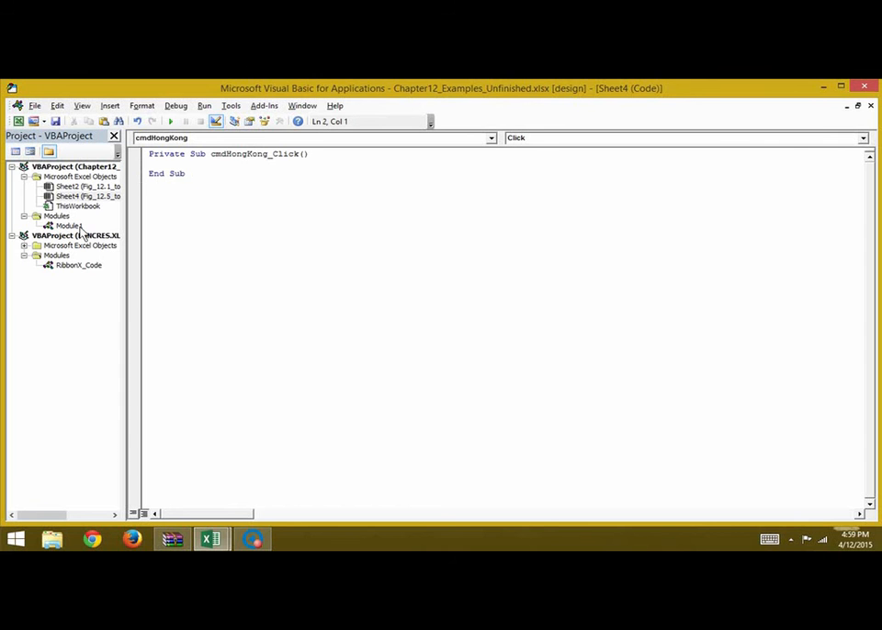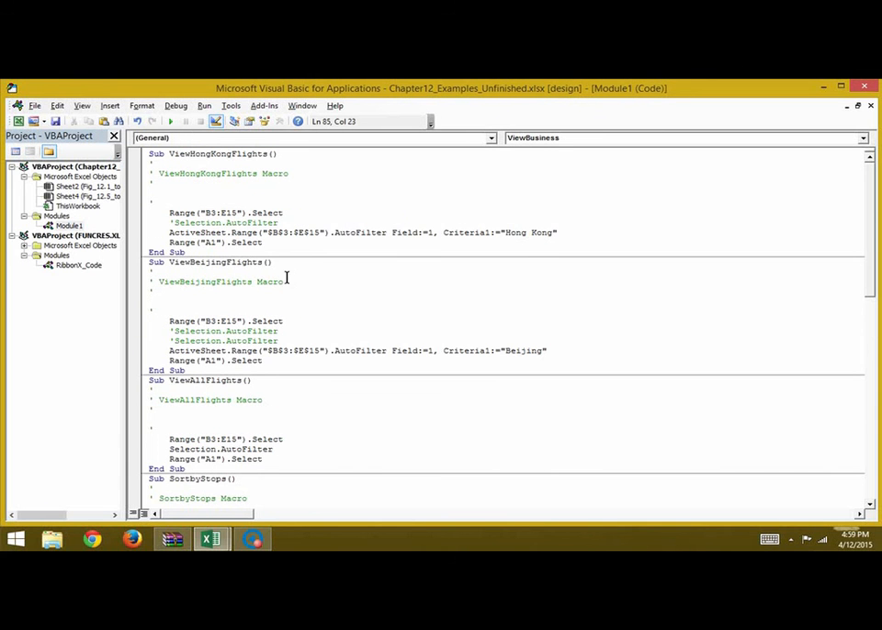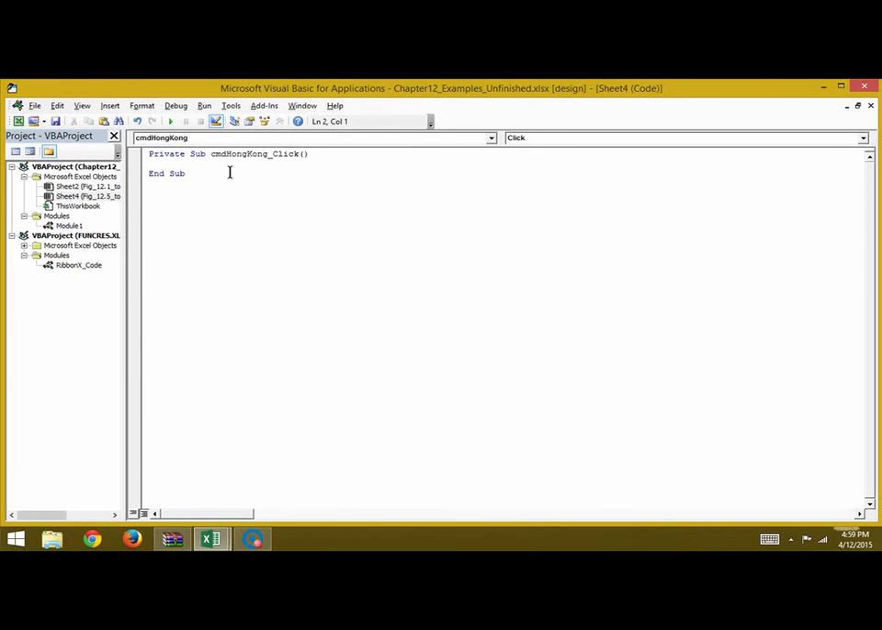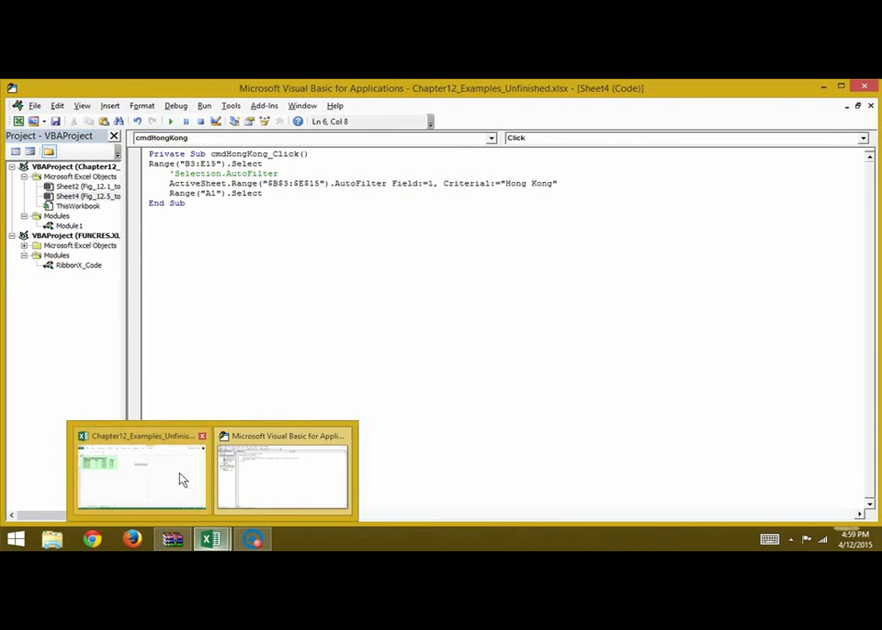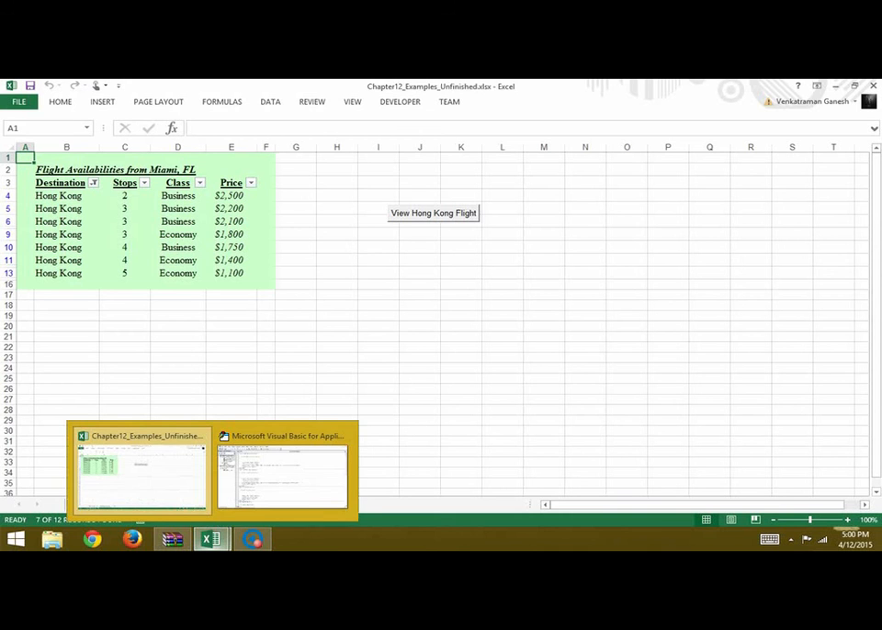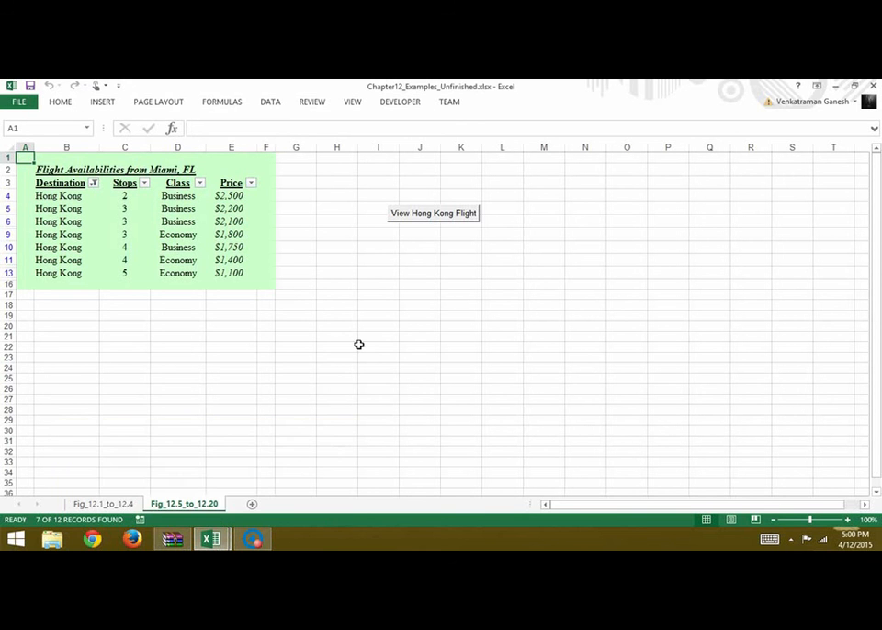So you have to go back in your module and copy this code here for your button for Hong Kong. So you will paste it. So this is your code, and once you've copied it, you can press play and see if it works. So you see you have all the Hong Kong flights here. So that is your ActiveX